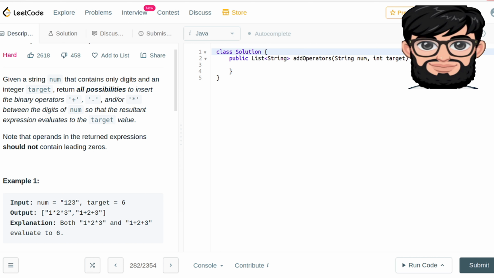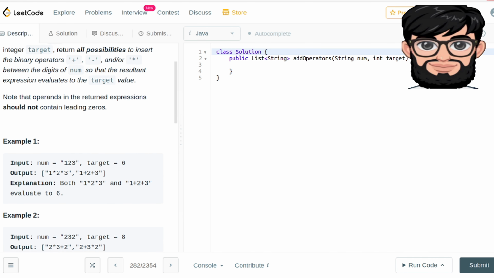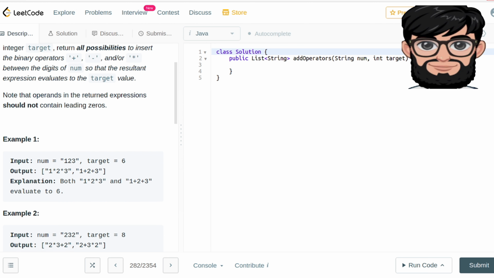between the digits of num so that the resultant expression evaluates to the target value. Note that operands in the returned expression should not contain leading zeros. So if we have num equals 1, 2, 3 and the target is 6, we're going to be doing 1 multiplied by 2 multiplied by 3 and 1 plus 2 plus 3. These are two solutions